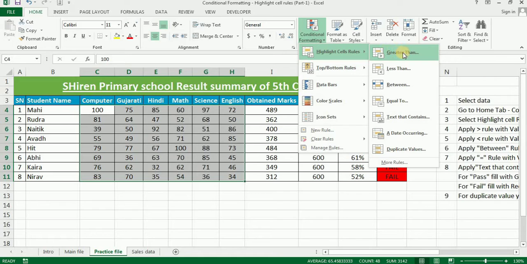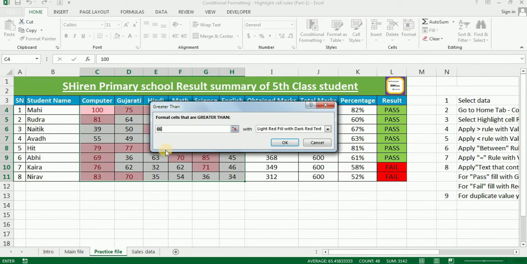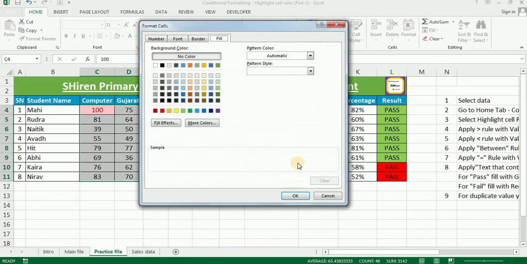I'm starting with Greater Than. My condition is if any student has achieved more than 85 marks. Here you can see some conditions are already given by default. You can apply those, or you can make your own custom formatting, so I'm making custom formatting here.